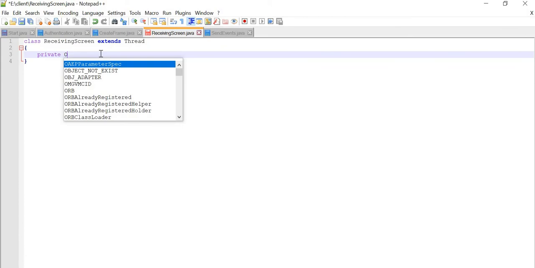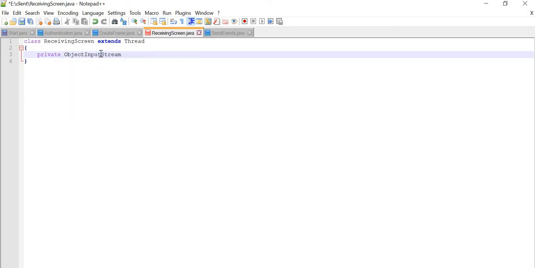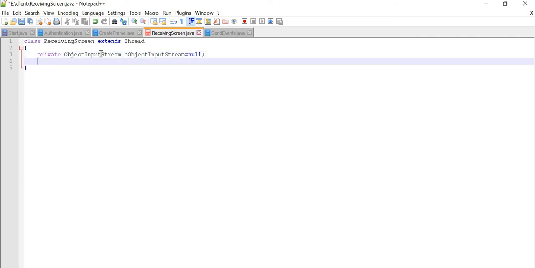Private object input stream. See, object input stream equal to null. We will initialize it from null, and then JPanel as usual we have to make, because we have to see that screen now. So private JPanel